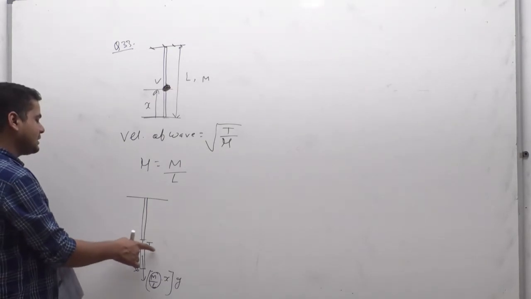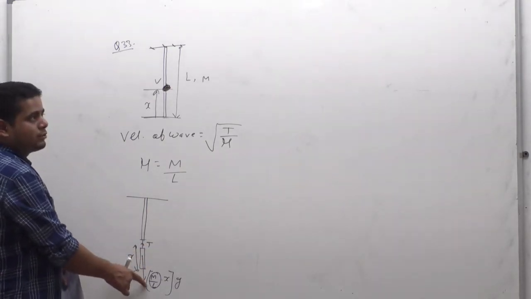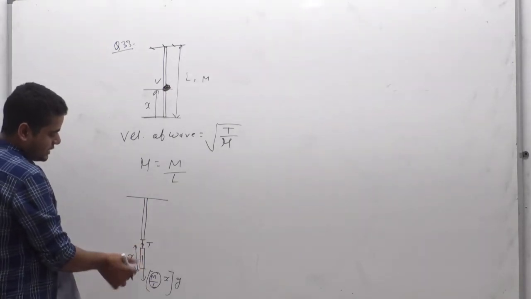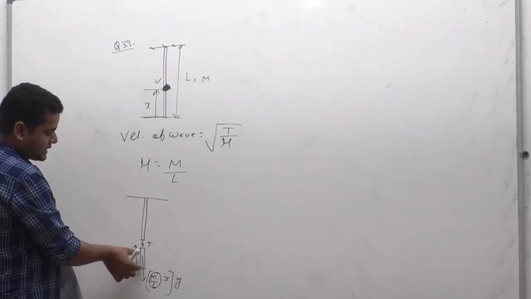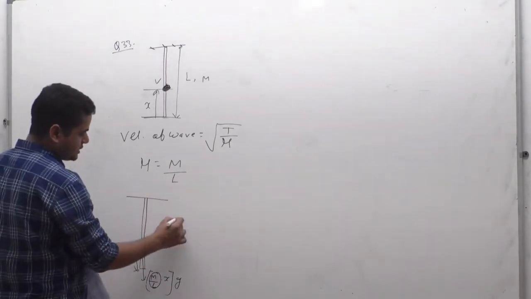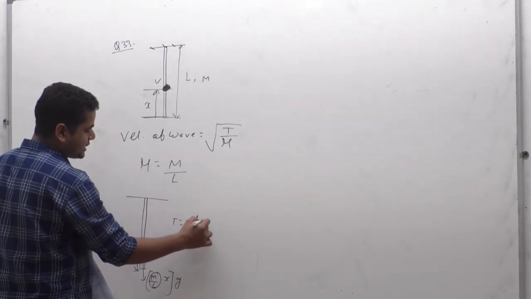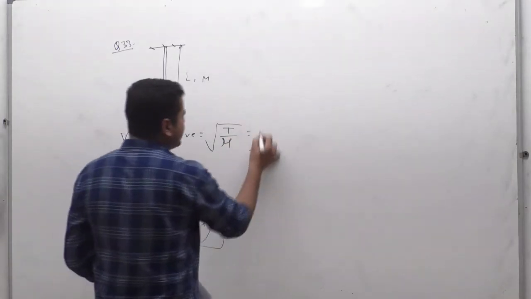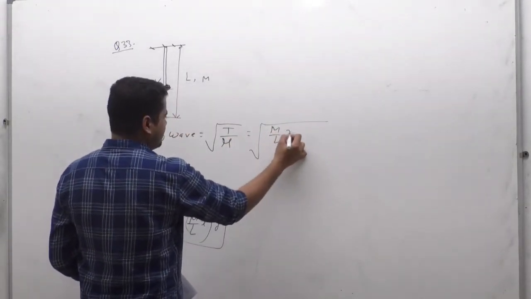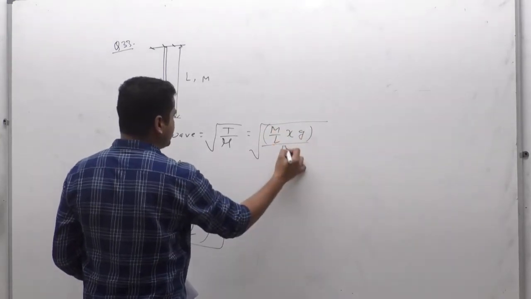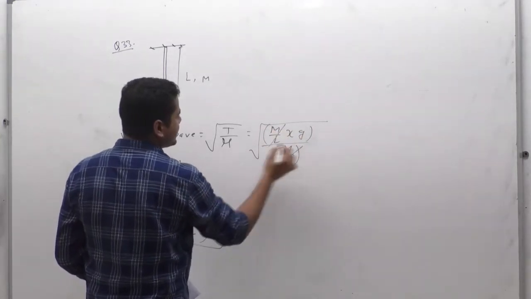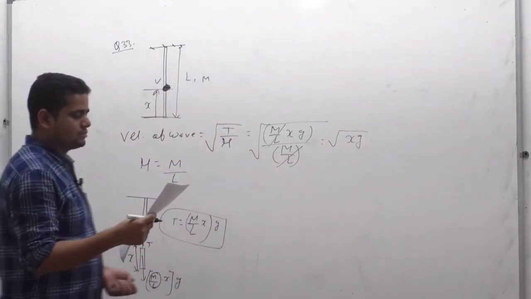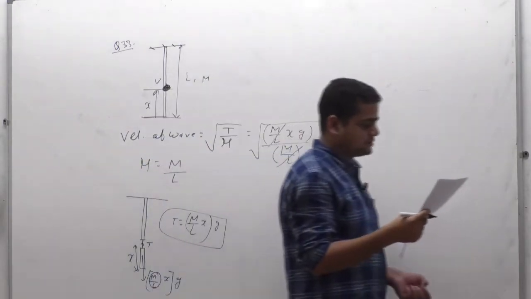So at equilibrium condition, tension must balance this downward weight of this part, which is basically x from the free end. So mg of the free part at a distance x equals tension. So T equals mass per unit length into length of that part into g. So this is tension, just put the value. So we will be able to calculate T is equal to mass per unit length times x times g, and mu equal to M by L. So M by L cancelling each other, it should be x into g. So g into x, which one? Option B is the matching. So that is the correct answer of this question.